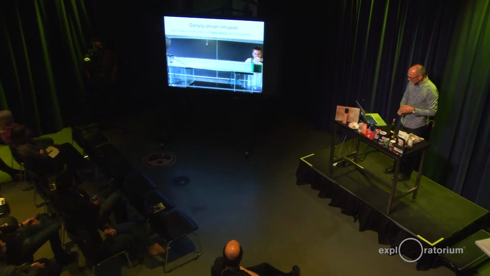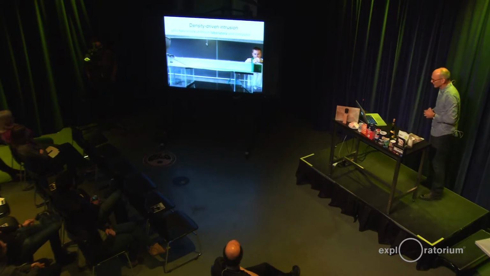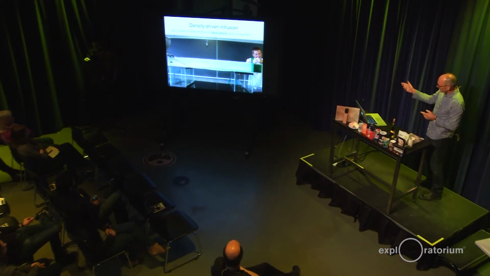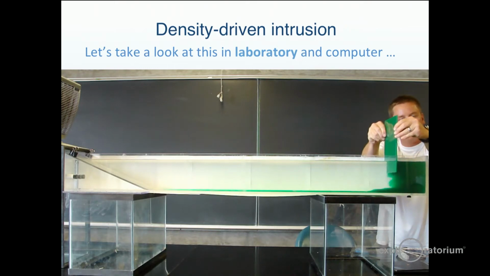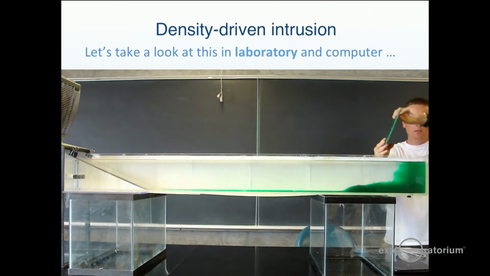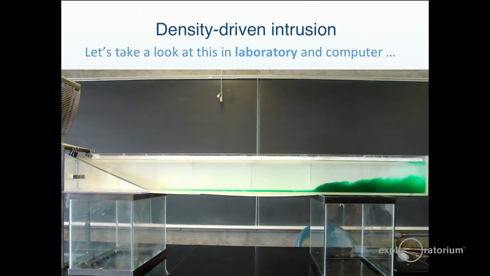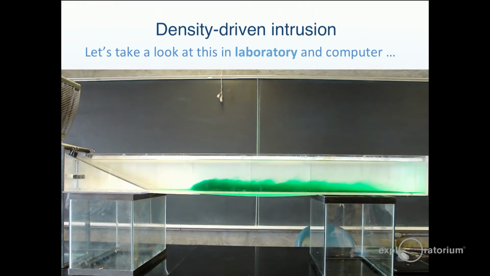So we were doing this for a class up at Bodega Marine Lab. Green water on the right, and fresh water on the left. Pull the wall out of the way, and of course that dense water has more pressure underneath it. It pushes the water across, and it intrudes across the bottom of the tank. We don't have a whole ocean, so it's running out of green water, but you can get the idea of that salinity intrusion that goes into San Francisco Bay every tidal cycle.